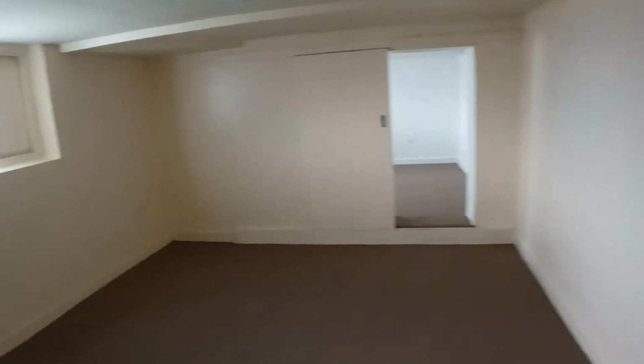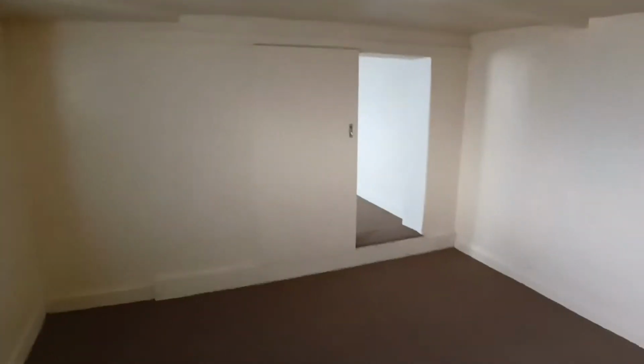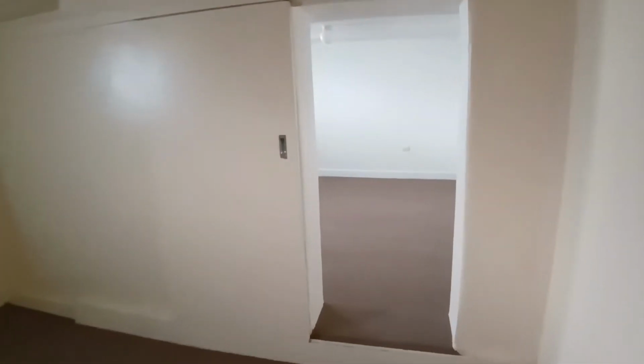The tiling is extremely good, as are the walls, which have all fresh paint. Into the third living room downstairs here, and as you can see, this room is quite large. It has modern carpets, fresh paint, and I believe this is below bedroom number 3. Sliding door to the final room. Sliding door leading through to the bedroom downstairs, and this room has similar carpets and paint condition as well,